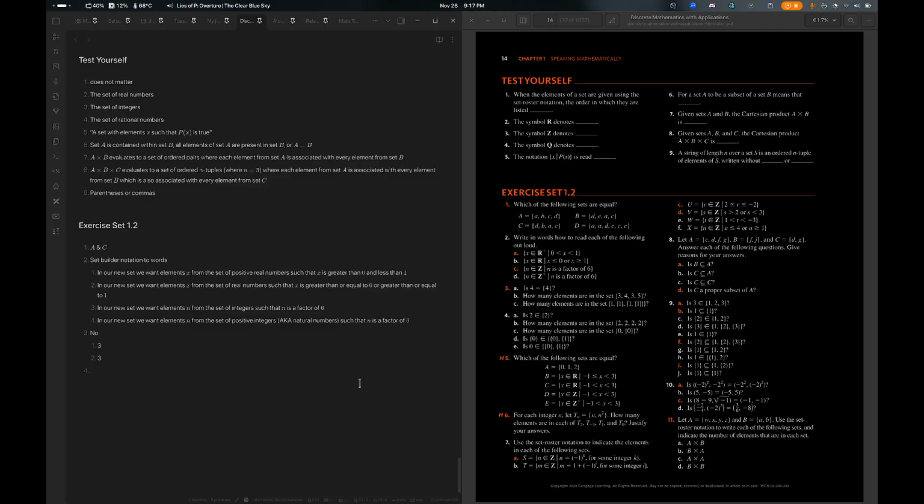Is 2 an element of the set? Yes, it is. How many elements are in the set? That's 1. Again, deduping that happens in sets. How many elements are in the set? 2 elements. Now, this actually ties back to an interesting notion in set theory of